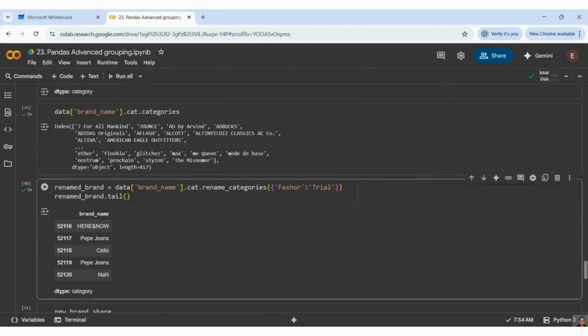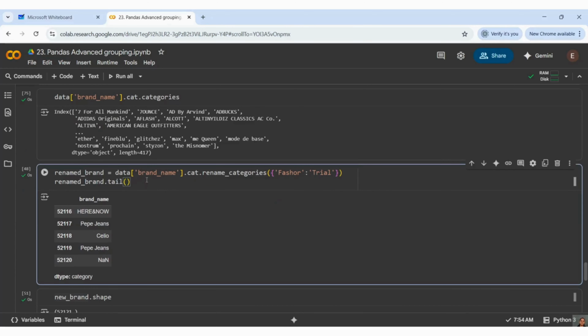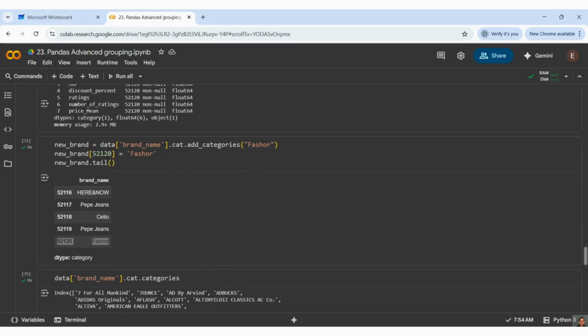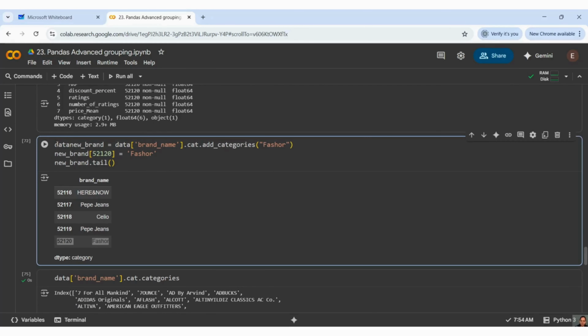Now we will see how to rename a category. How to rename a category. So here this is the way we can use category again, which is the old category and which is the new category I want to rename. So here again I have taken the brand for renaming. And for example, we want to see the new brand. For example, let it do like this. If you want to see this column coming, we'll try this.